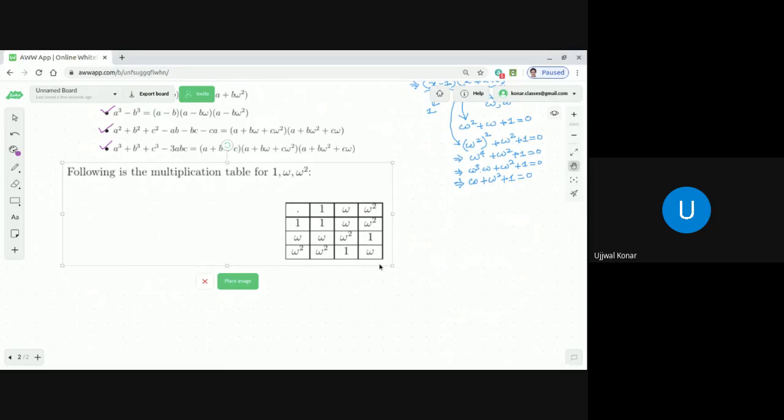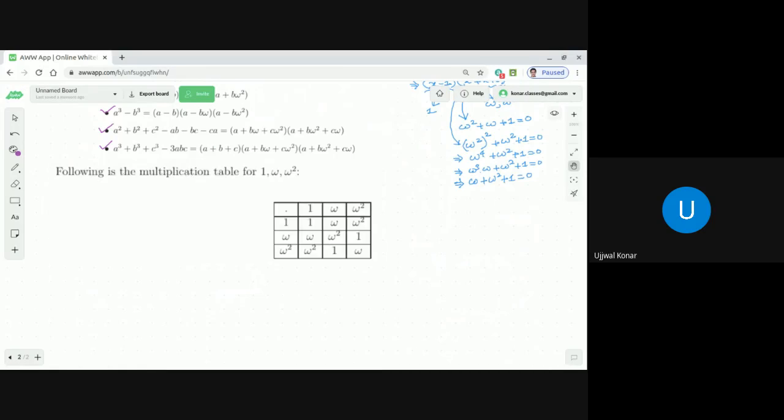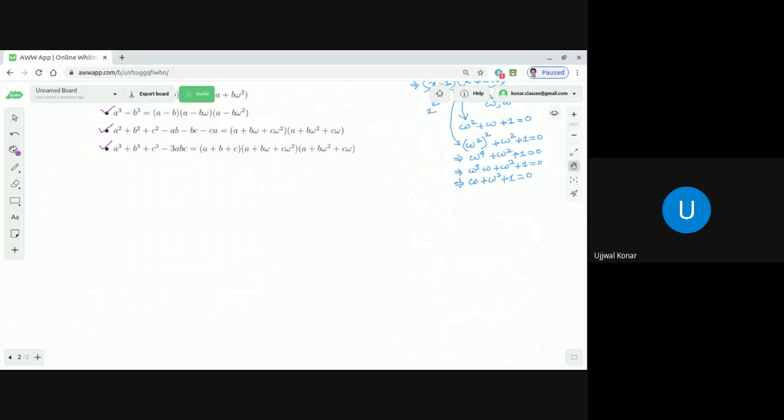In fact, though I place it here, I can do it along with you. Let me remove it, let me do it and then I'll put it there. So what is the multiplication table for 1, omega and omega square? Let us all do it together. We have done this so many times earlier. So the multiplication table for 1, omega and omega square is something like this, that we will write